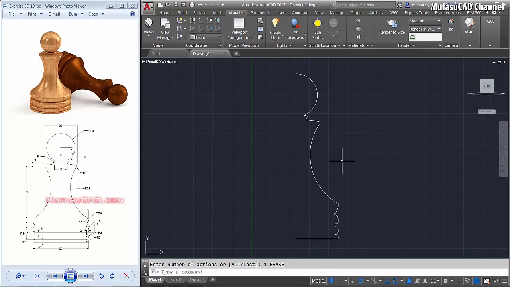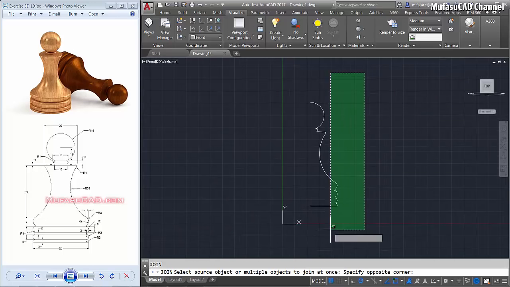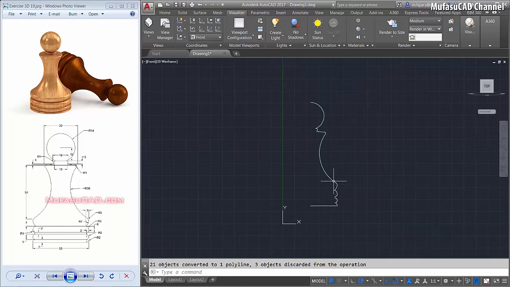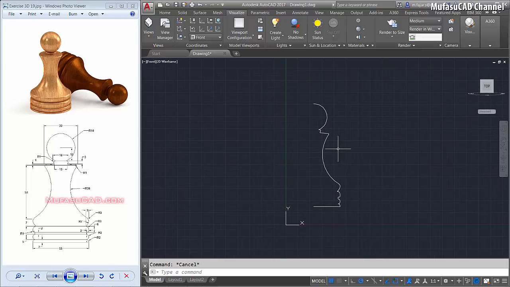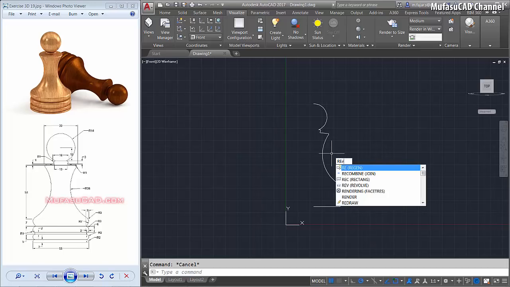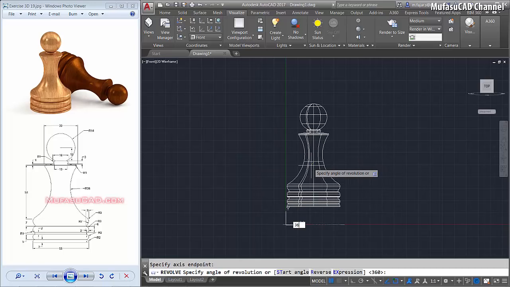Okay, and I will fillet with a radius about 3. You can select and cut this corner. Okay, use a join command to join all these objects. Enter, and all these objects are already joined. I will convert this sketch into a 3D model by using the revolve command. You can type revolve, enter, select this sketch and start from this point to the bottom here about 360 degrees